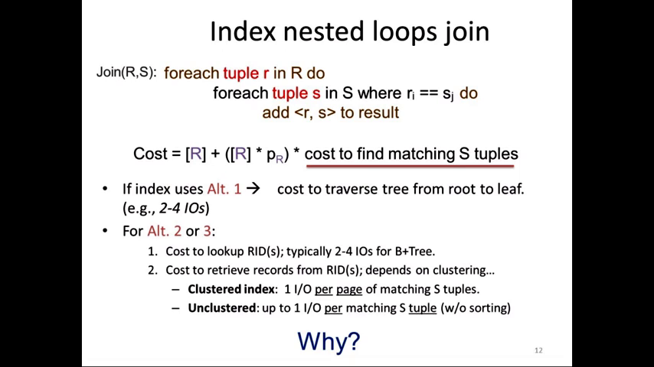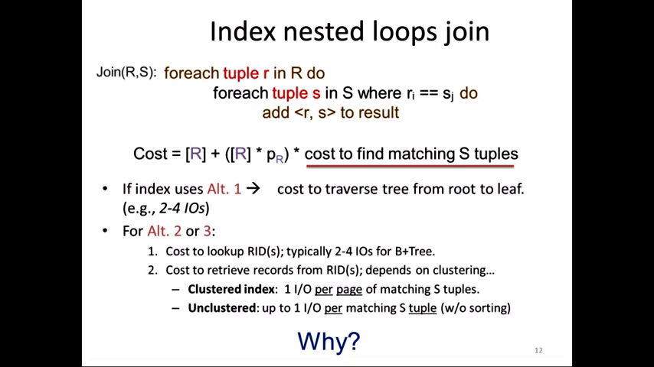So that will be the cost. And in order to make this cost precise, we have to figure out what will be the cost of finding the matching sailor tuples. So it depends on the index in general, of course. If we have an alternative one index, remember alternative one means that we no longer have a separate file for the index and one for the actual data. They're somehow together because in the data entries in the leaf level of the index, we have the actual records instead of just pointers to records. So if it's an alternative one index, well, the cost of finding matching sailor tuples will simply